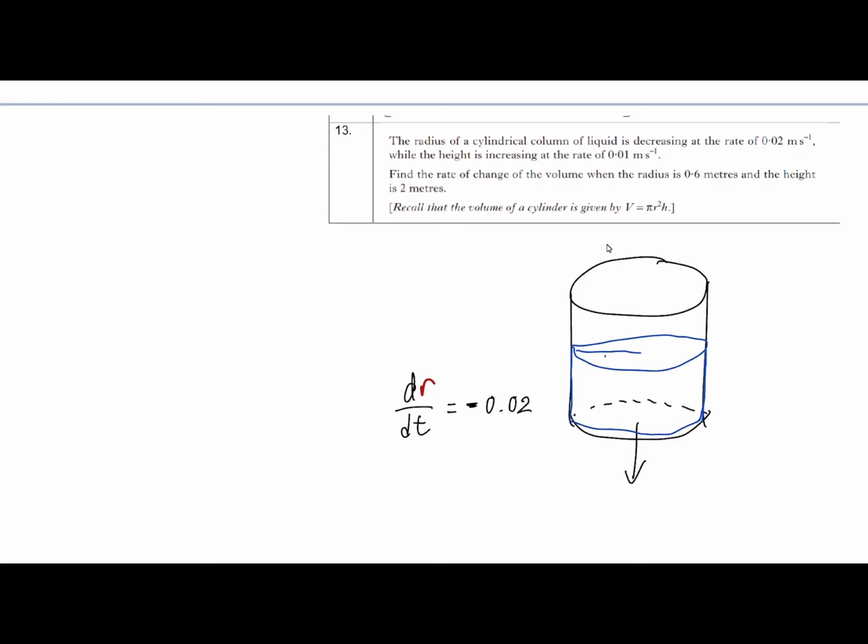Okay, let's just label it out. Hello? Yes, I am still here. I am thinking. The radius is decreasing. It's negative 0.02. Okay. If we just